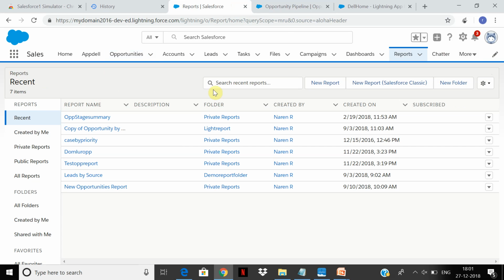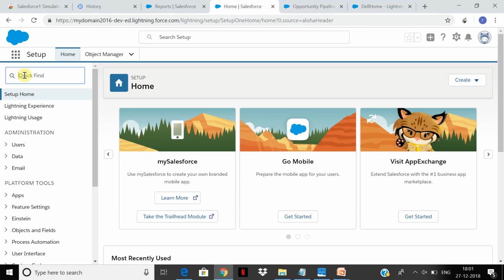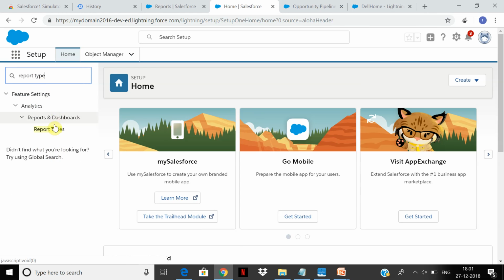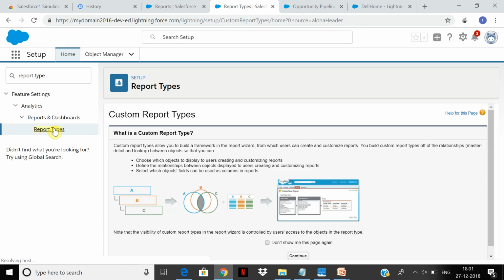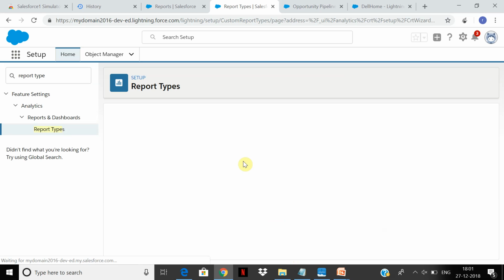So for that, we need to go back to report types, and we can say, let's continue, create a new custom report type.